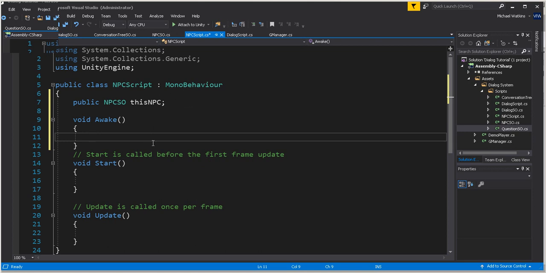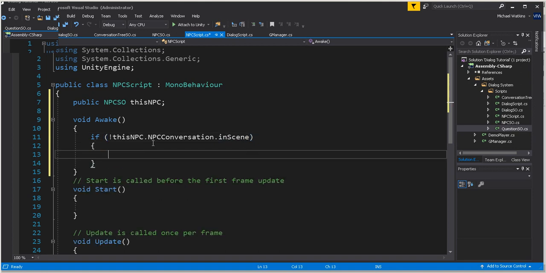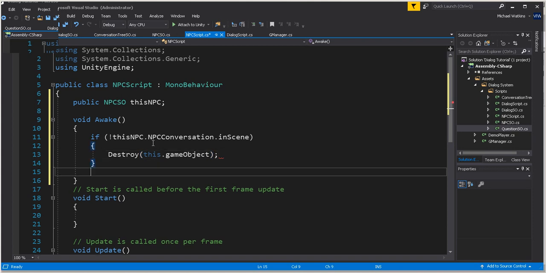I also need to make a reference to it here to say if this, actually the opposite of this, NPC dot, and let's get the NPC conversation that's on it, and we'll find out if it's in scene. So if it's not in scene, then what do we do? We destroy it. If it isn't, we're not destroying it, then this dot game object dot transform dot position is equal to new vector 3